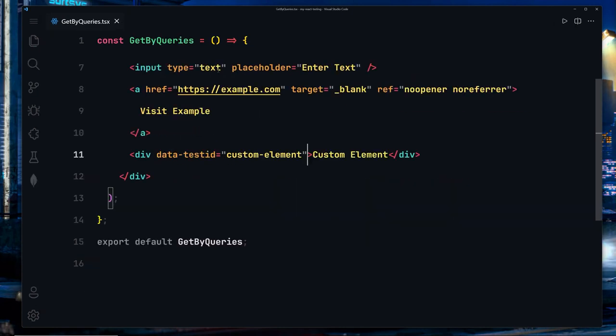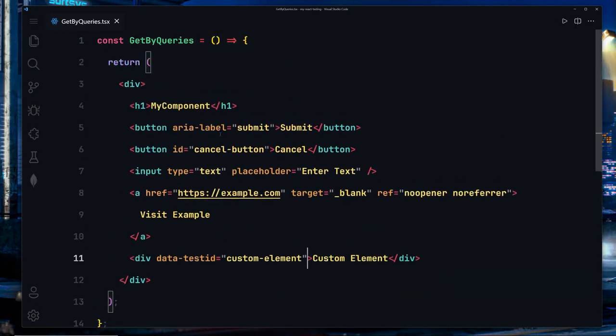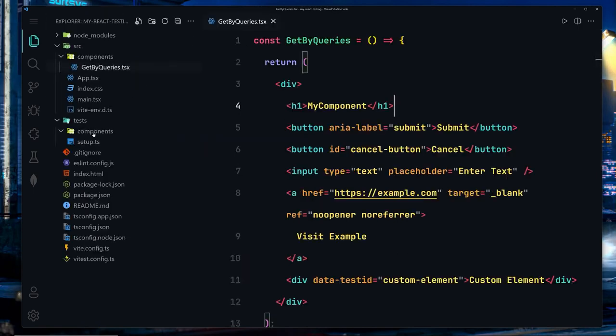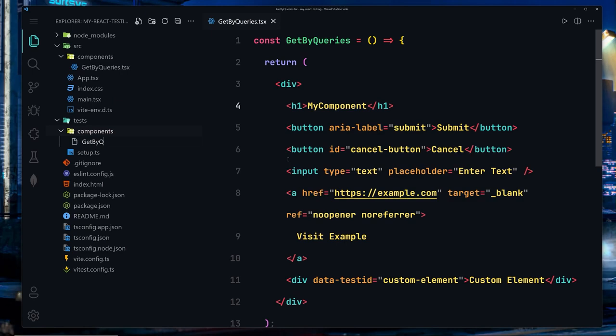And now let me save my file and go back. So this is all the stuff that you have to write, and I want you to also provide these attributes as well, because now we are going to be selecting all of them inside our test file. So what I'm going to do is go to my components, and let's create our getByQueries